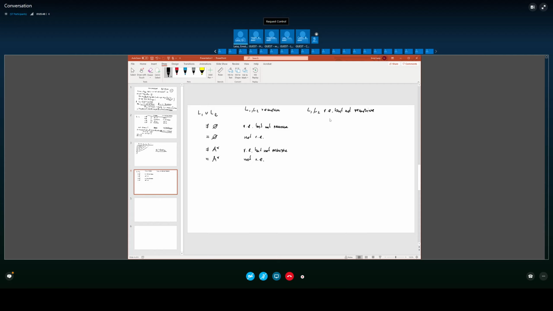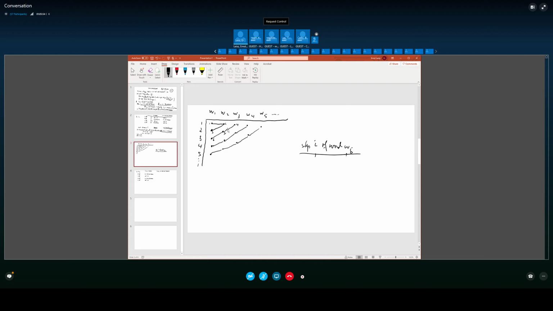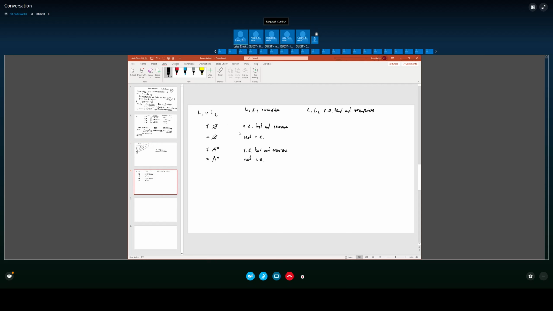Now, when we go to both being RE but not recursive, we then have to go back to this trick, where we essentially ensure that if there is a word that is accepted by a Turing machine, then we will find that out. So if we find a word that is either accepted by the Turing machine for L1 or by the Turing machine for L2, then obviously we will get to that